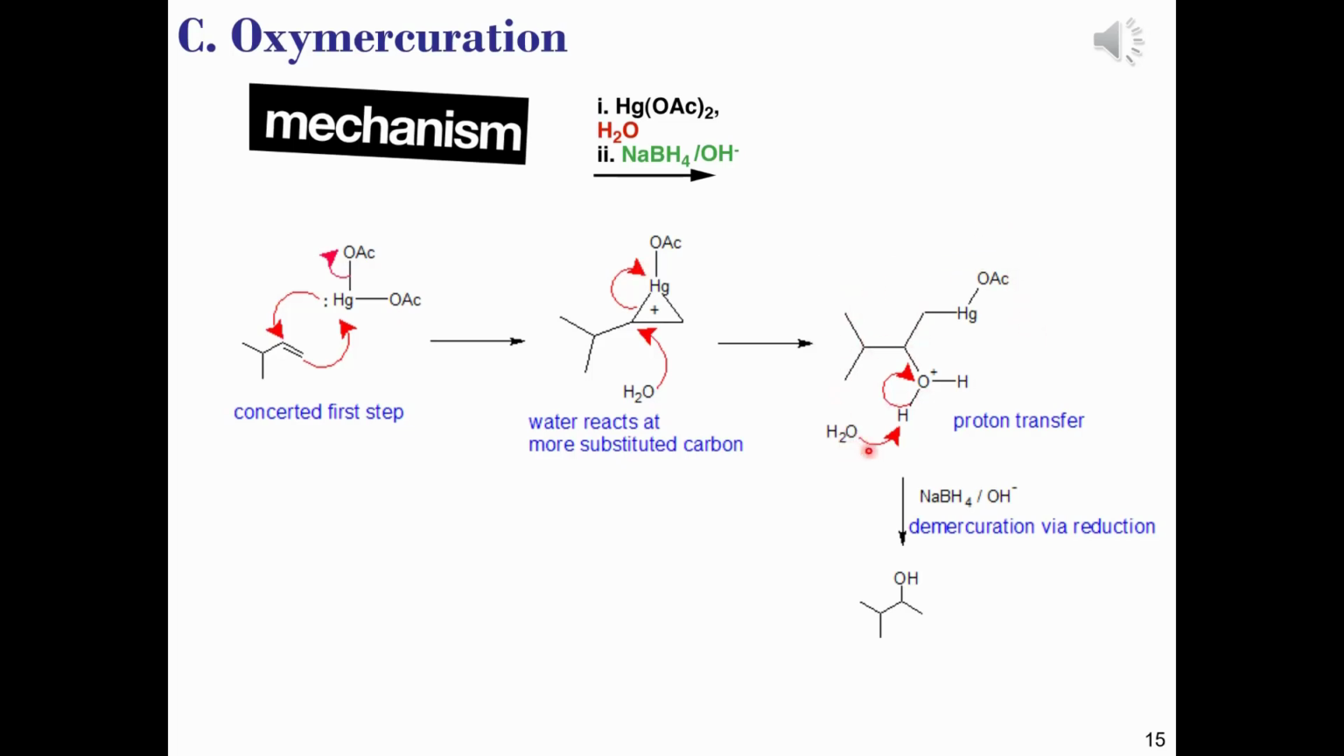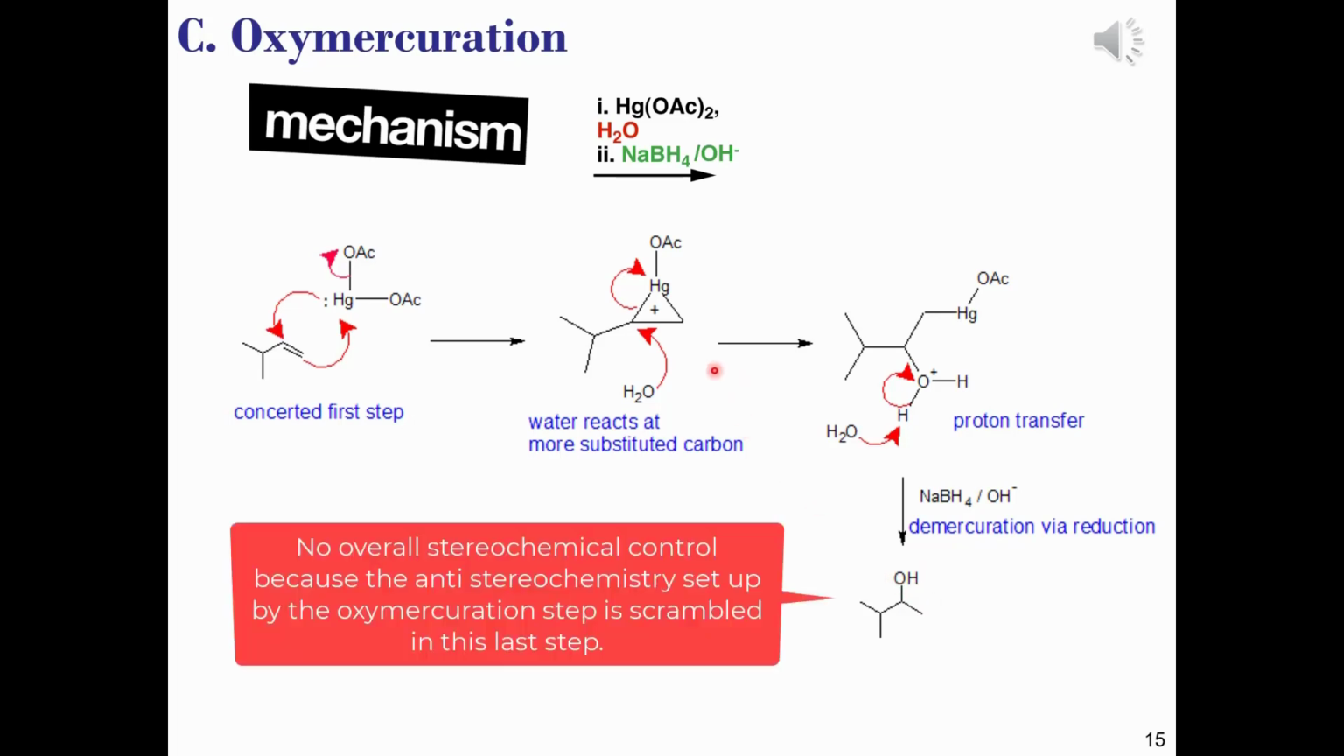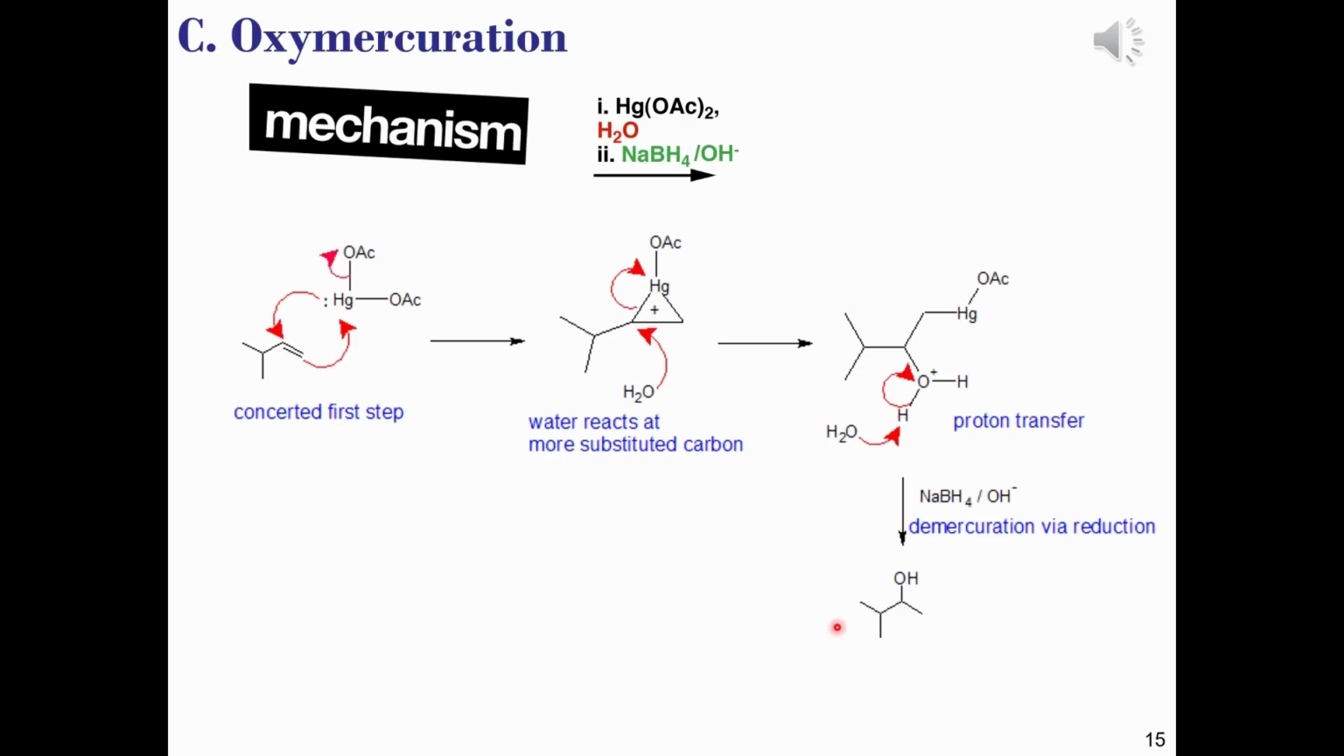Water then removes one of those protons, and we see in the last step of this reaction, the demercuration step, that sodium borohydride under alkaline conditions removes the mercury, giving us the alcohol product. Now, it's in this second step that the stereochemistry that was established, i.e. the anti-addition, is scrambled, and so there is no overall stereochemical outcome from this reaction, but there is the Markovnikov